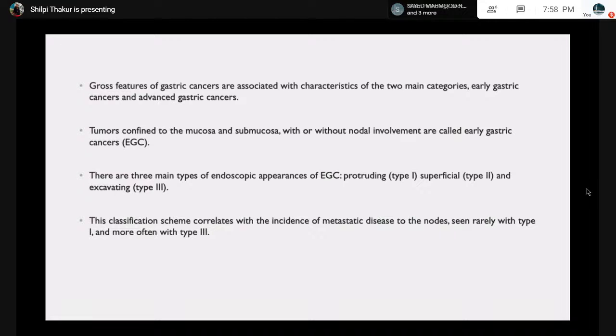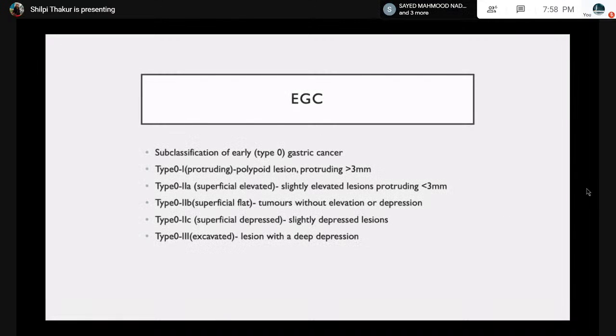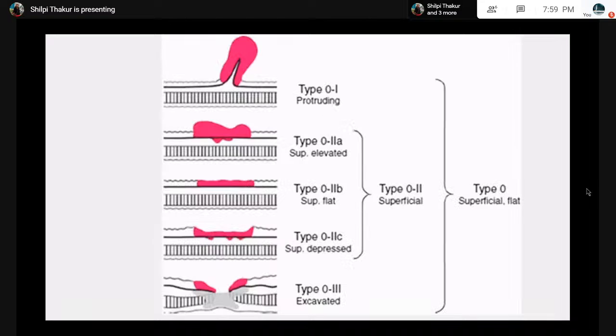So in this scheme, if we see type 1, then metastatic disease to the nodes will be mostly rare in the type 1 form, and type 3 will have the most probability of having lymph node metastasis. So the early gastric cancer can be divided into these types, which is